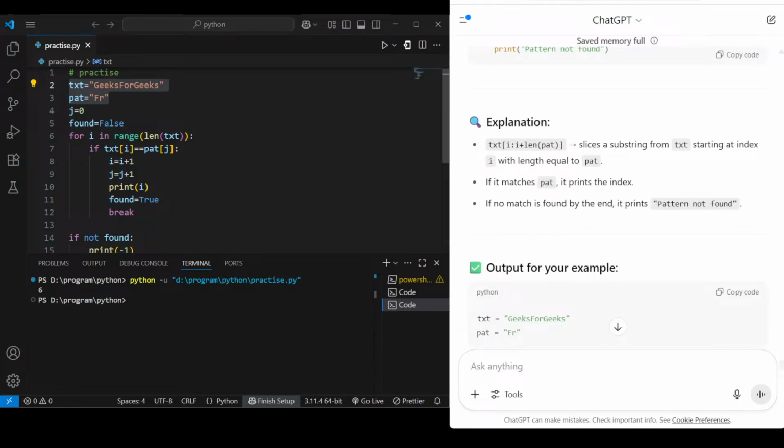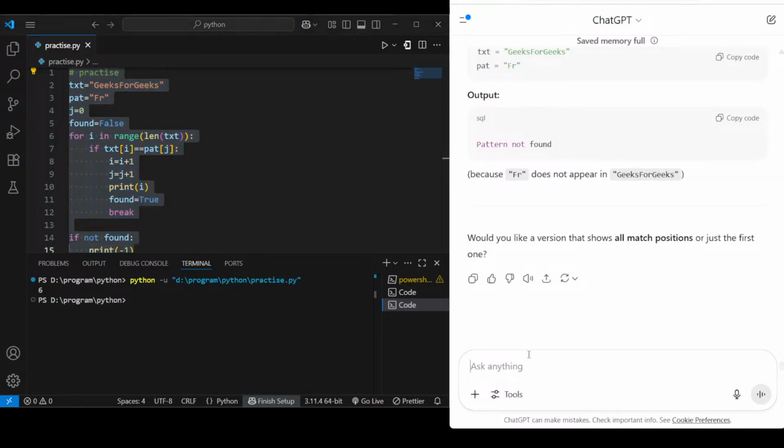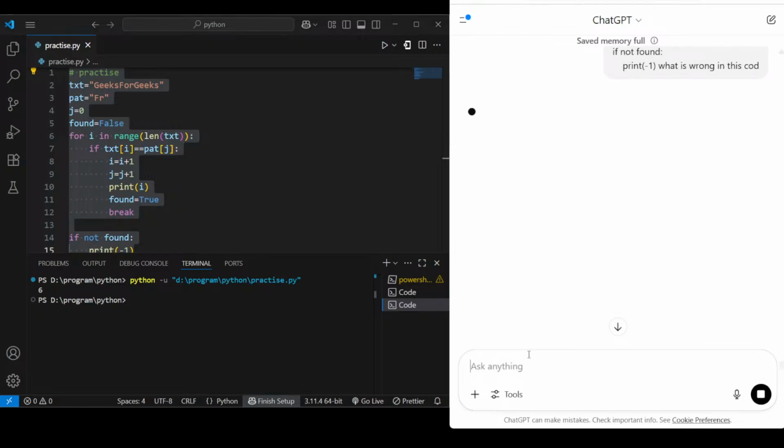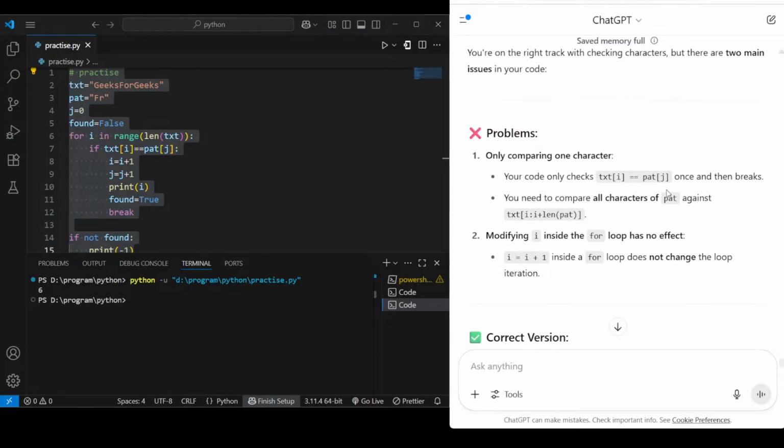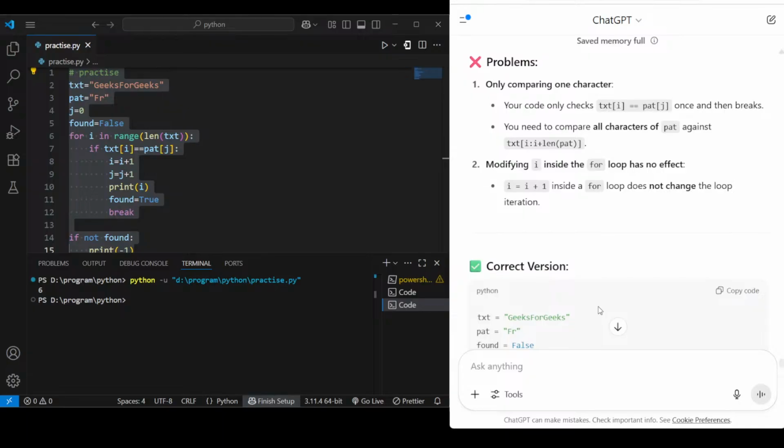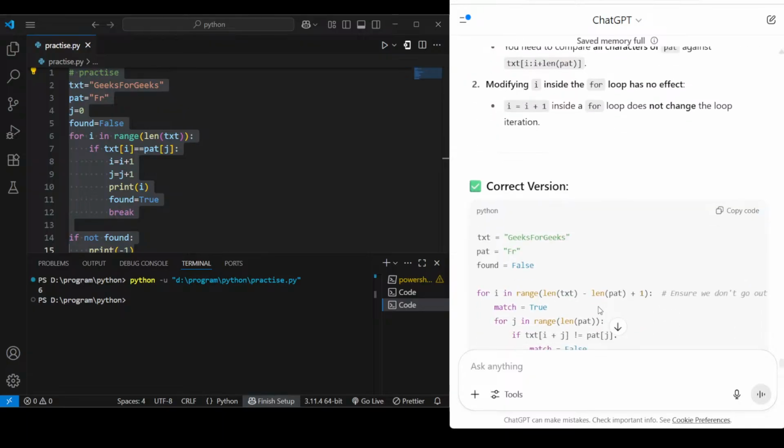Wait. Now let me ask what is wrong in my code. What is wrong in this code? Only comparing one character once and then breaks. You need to compare all characters against the pattern. Modifying i inside the for loop, i equal to i plus 1 inside a for loop, does not change the loop iteration. Okay. Correct version is